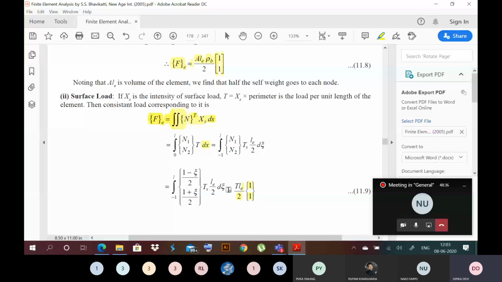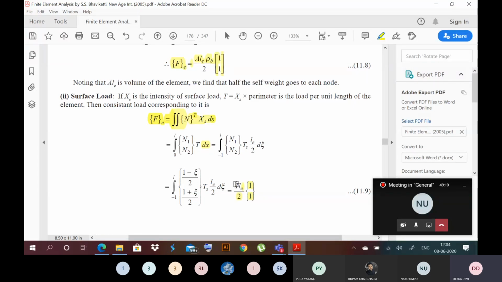Similarly, we have to assemble the surface traction vector. The surface traction vector also will give 4 vectors for 4 elements, putting the value of LE for different elements. T is constant, I think, in this particular problem. T is given same for all the elements. Even T also may be different. The surface traction for each and every element may be different. Here it is given same, but it is not necessary that the surface traction will be same for each and every element. The intensity may be different for different elements.